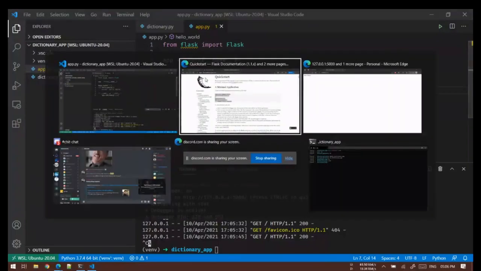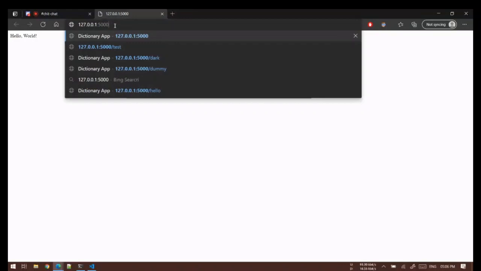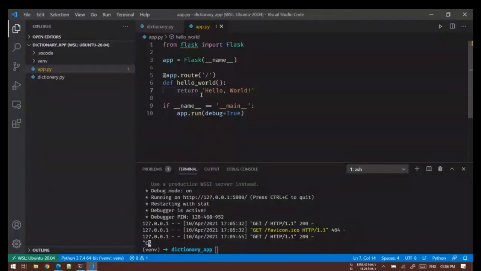When we are saying 127.0.0.1, then port 5000 and then slash, this is as good as not using slash. This is the root address or the base URL. So whenever somebody visits this URL, simply execute the function, and the function will return a string called hello world. This is all it's doing.